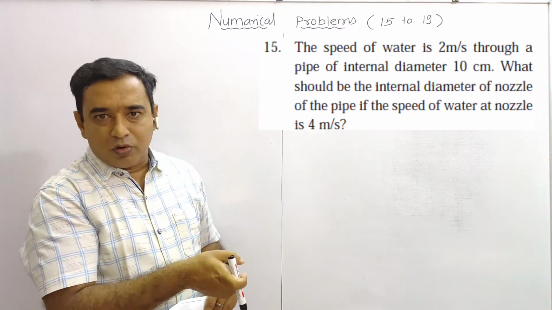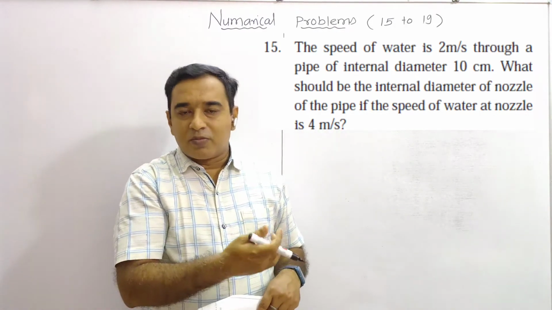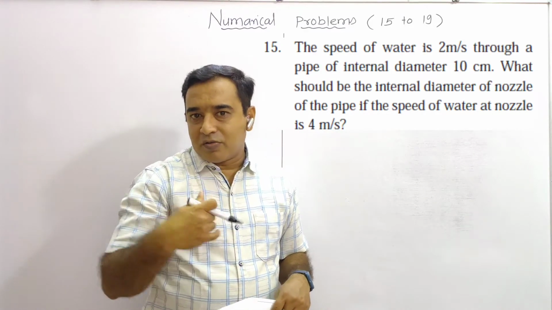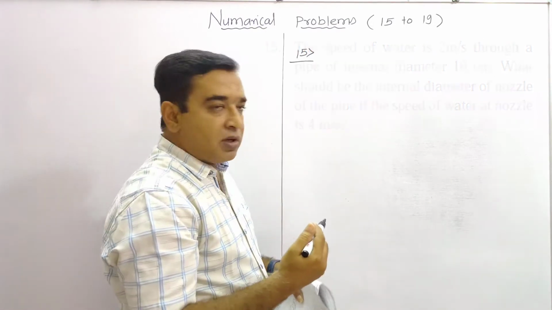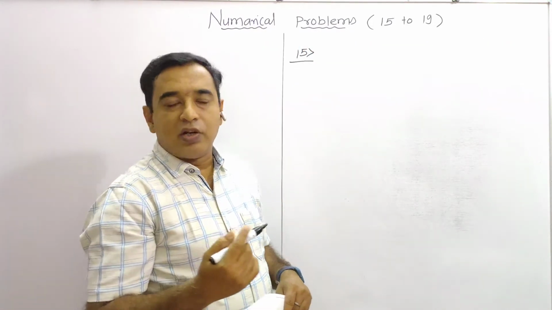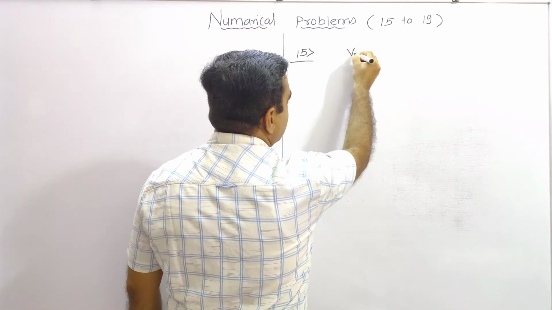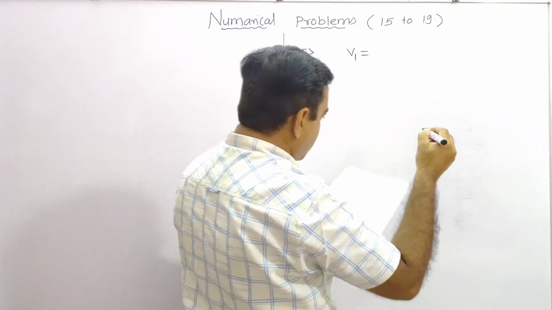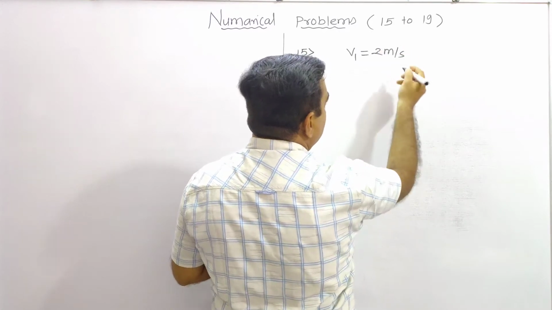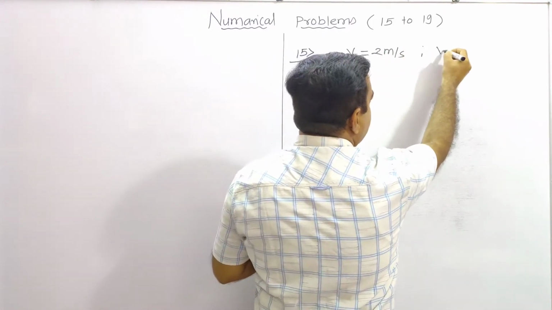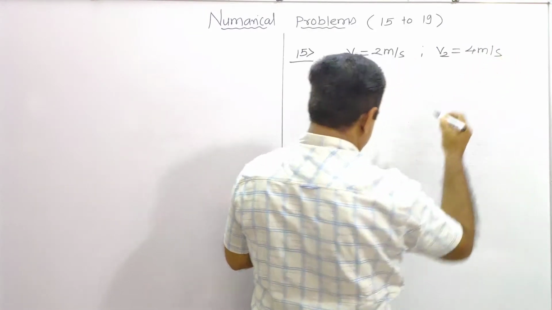We know very well while washing our vehicle or anything, we press the pipe so as to increase the pressure. That means we are increasing the velocity of the liquid which is flowing through that pipe. So here it is the equation known as the equation of continuity. For that, the given factors: V1 is equal to how much? Initial velocity is 2 meter per second. Now the next velocity when it comes out is 4 meter per second.